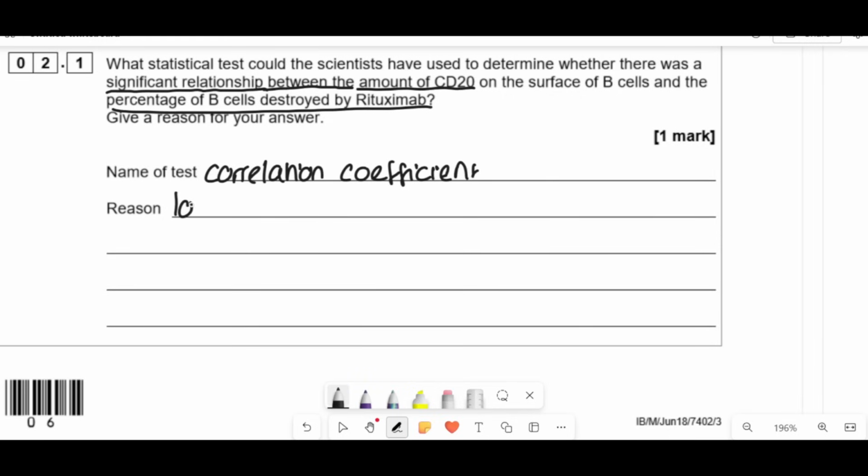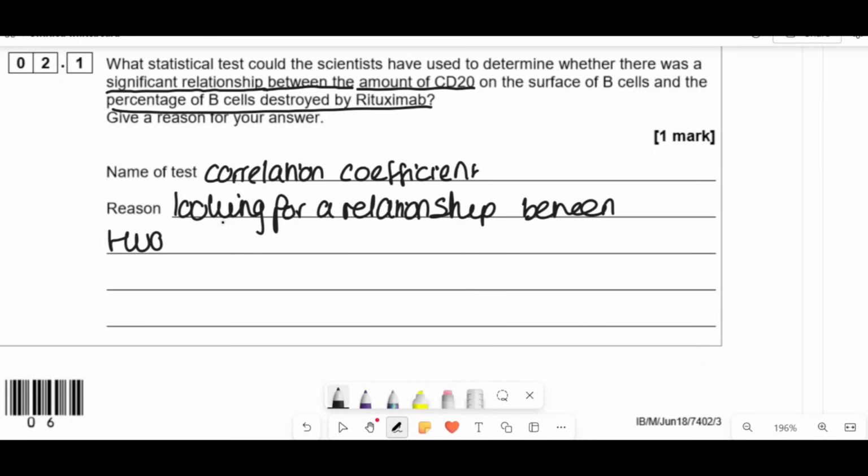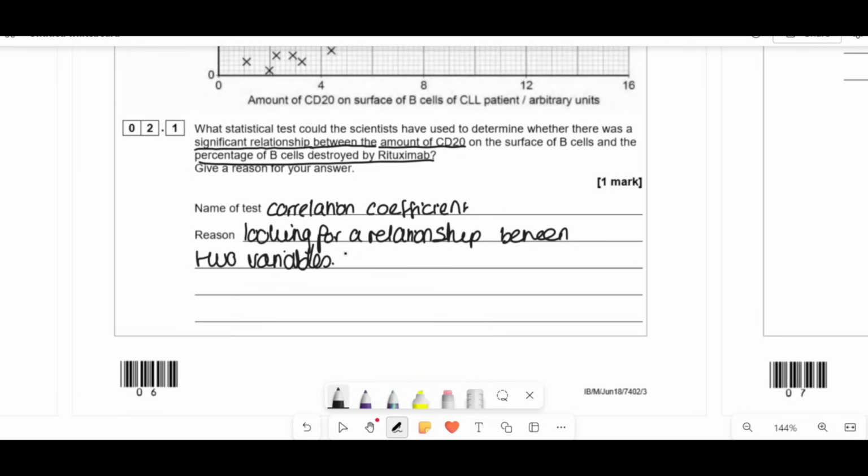You need to explain why. It's because we're looking for a relationship between two variables. We need to say what they are. It'd be helpful to list them out just to be safe. If you're looking at the difference in means between two things, mean 1 and mean 2, the test is looking to see if there's a statistically significant difference, and that's going to be a t-test. And if you're looking for a difference in the expected and observed results, that's chi-squared. Because we're looking at whether two things are correlating and related, we're going to be using a correlation